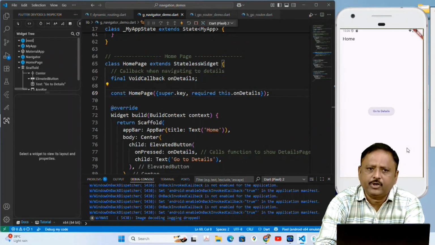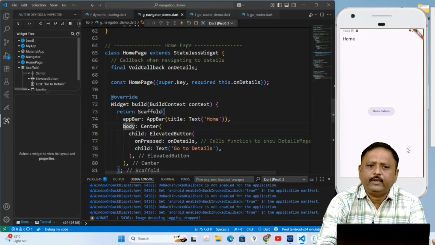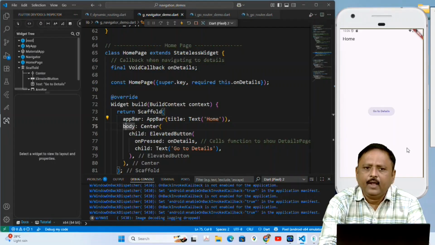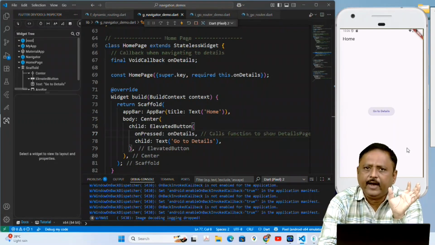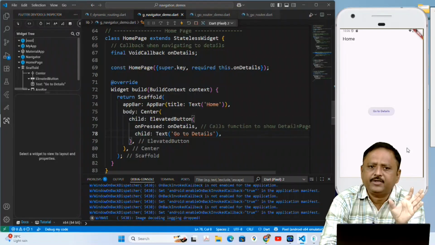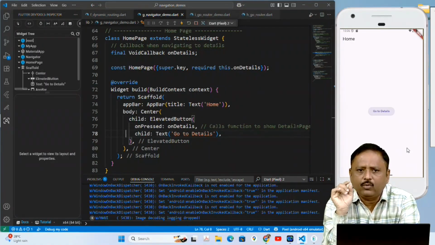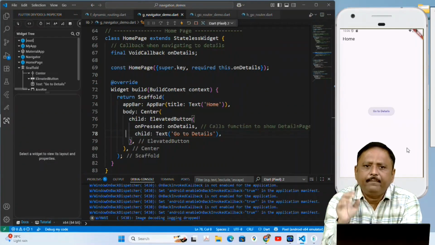This is my constructor, and inside the build method we return a Scaffold with the app bar text set to Home that you can see on the screen, and inside the body, in Center, I want to display one ElevatedButton with text Go to Details, and whenever this button is pressed I want to call onDetail. So it calls the function to show the detail page.